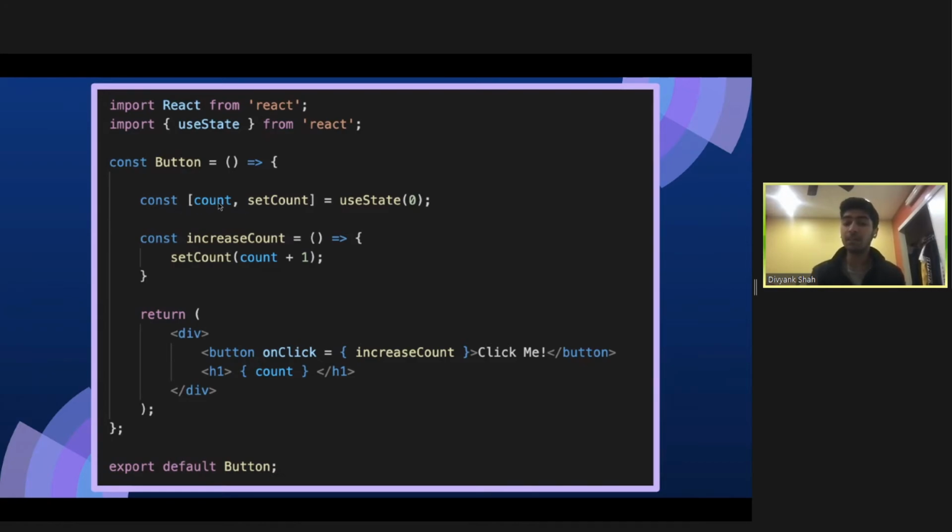So we say const, my variable name, so count, and then the function that is used to update count. And finally, I set it equal to useState with my initial value of 0. Then I create a function that deals with updating my count variable. Right now, it doesn't seem like a very appropriate solution, but later on, you might realize